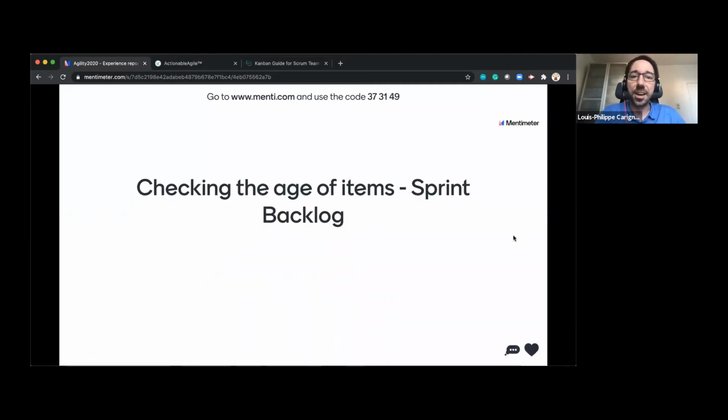And finally, the advantages of using the age of items in your sprint backlog. Well, I do it actually once per week. If I do it every day at every daily scrum, I've discovered that I'm bugging my team more than anything else. They really want to use that daily scrum to focus and synchronize on their work. So on a Monday, I'll probably look with the team at things that are getting old and are going to beat the service level expectation. But on the rest of the week, I'm not really going to bother them with that age stuff. So it's early in the week, and we try to identify stale or blocked items early in the week so that we can act on it.